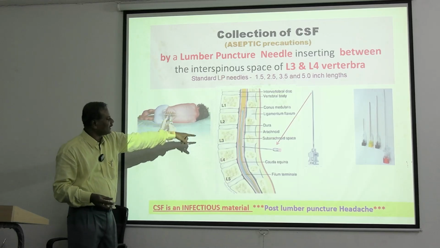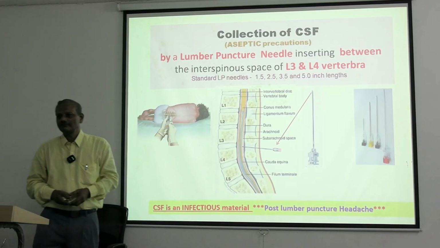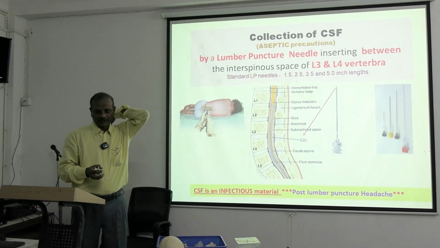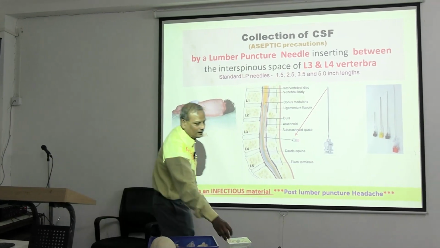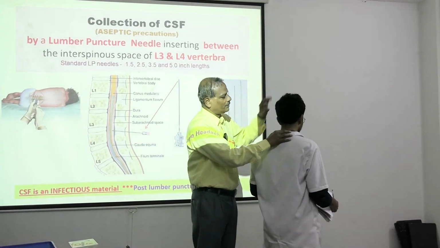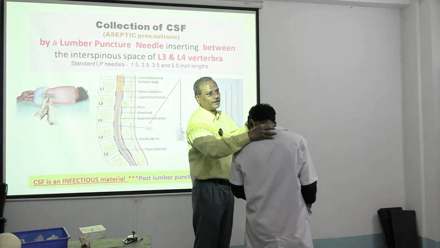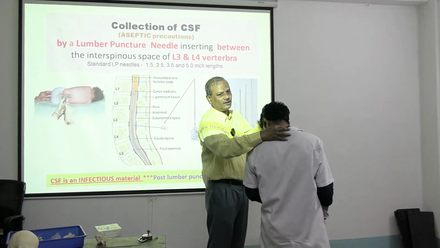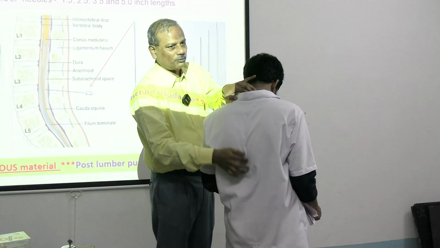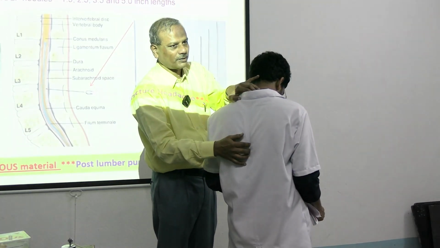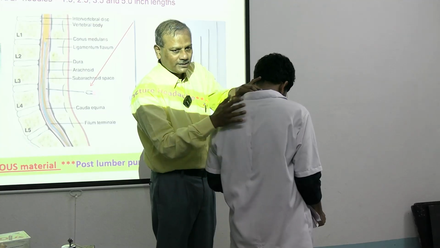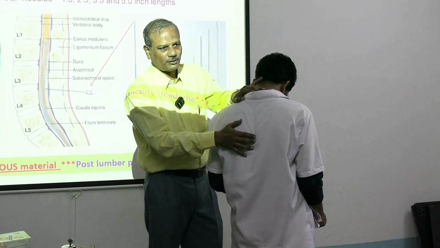How to determine the L3 and L4 vertebra? How do you determine where the space is? One point you can count from the tip of the, you come here, you just bend your head. The highest point here is C7. From C7 you have to count down. It is very difficult. For an obese person you cannot count it properly. It is not possible really, honestly speaking. Only in a thin body is it possible, but all the vertebrae may not be thin.